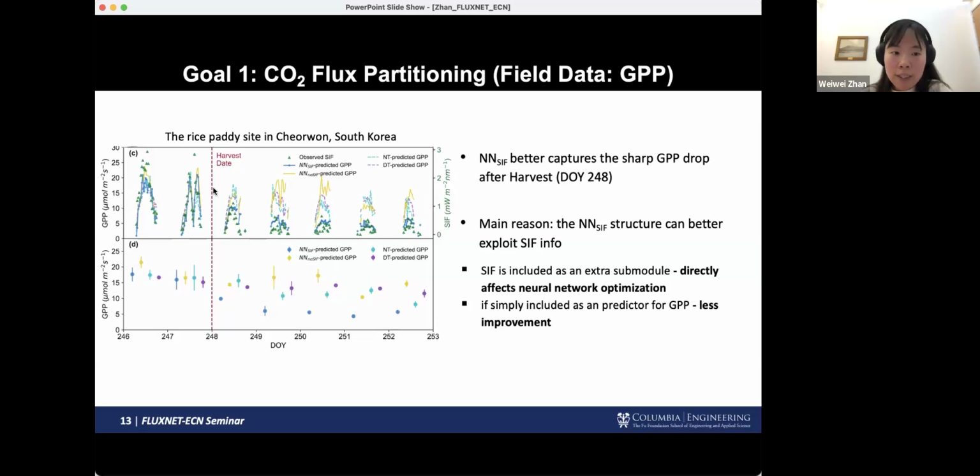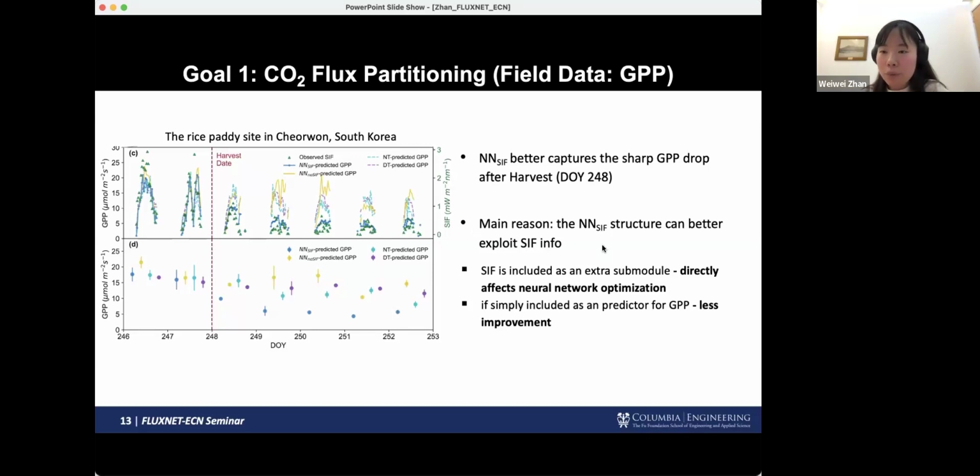The rice paddy is harvested at day of year 248. After the harvest, the observed SIF, shown by the green triangles, shows a sharp drop. Informed by this SIF information, the GPP predicted by our SIF method is more sensitive to this